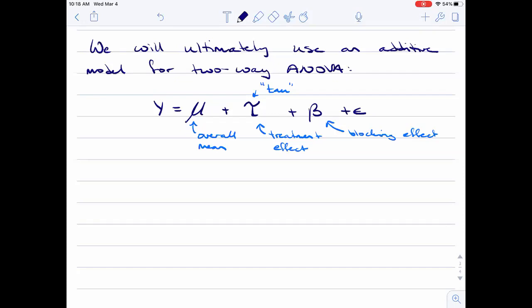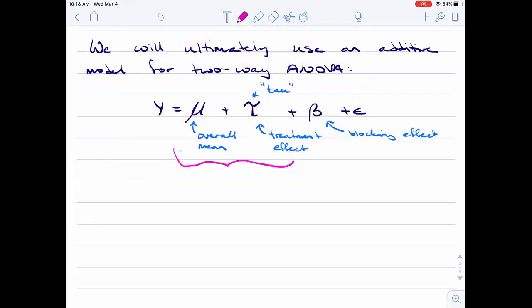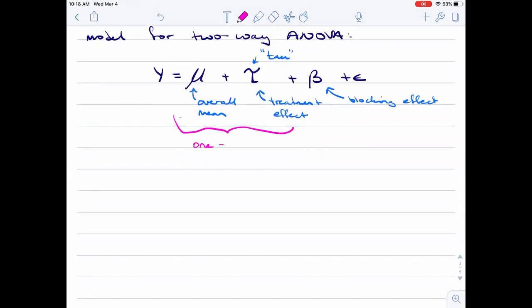Now we're adding on that blocking, which is going to capture more of the blocking effect, right? It's going to capture more of that variation, leaving the residuals to only capture what's left over. Treatment effect is same as the treatment effect. Yes. Exactly. So the treatment effect, this portion we've seen before, right? This would be essentially a one-way ANOVA,